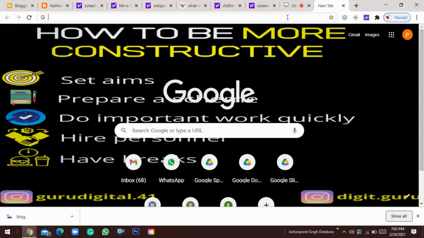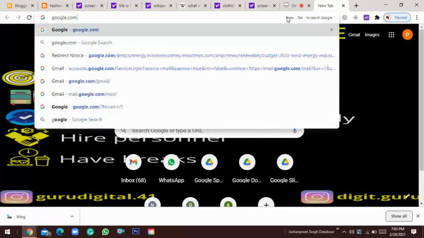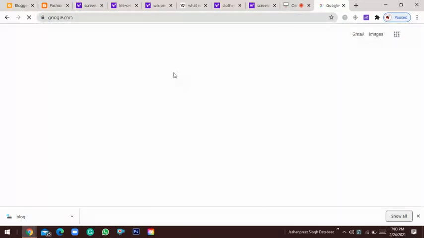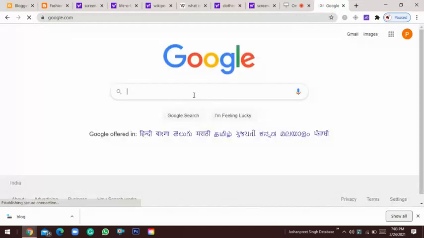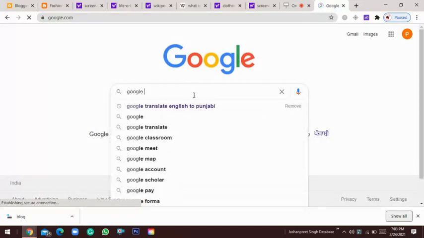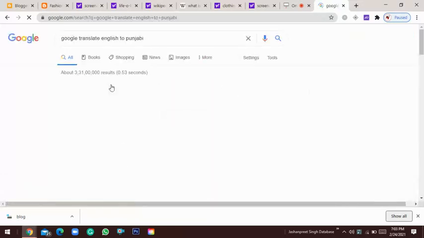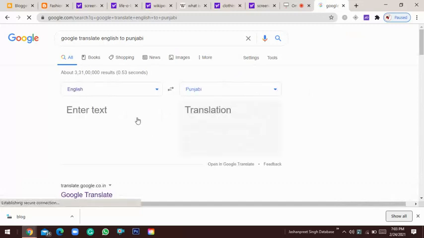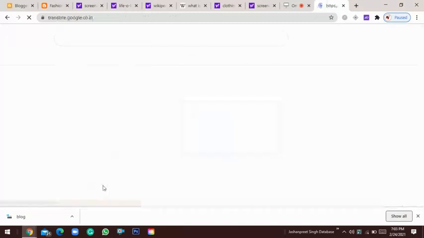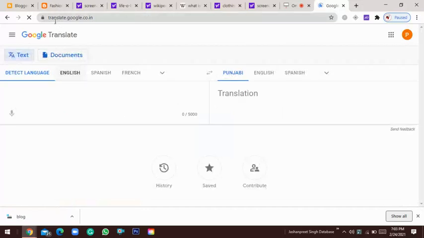So we will open google.com, and here we will type Google Translate English to Punjabi, and here we will open Google Translate. It is translate.google.co.in, and here we will convert like